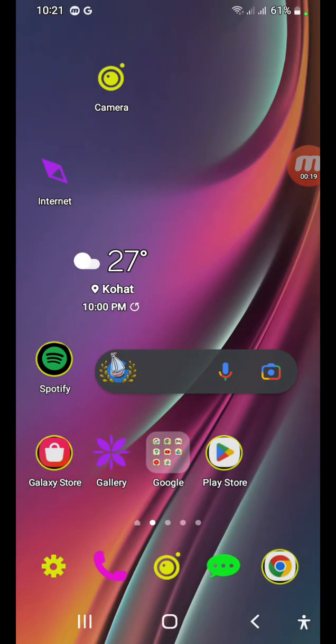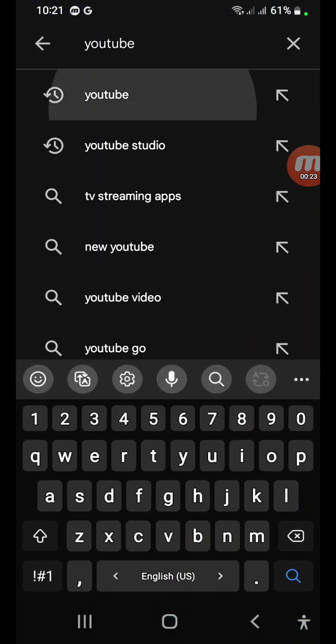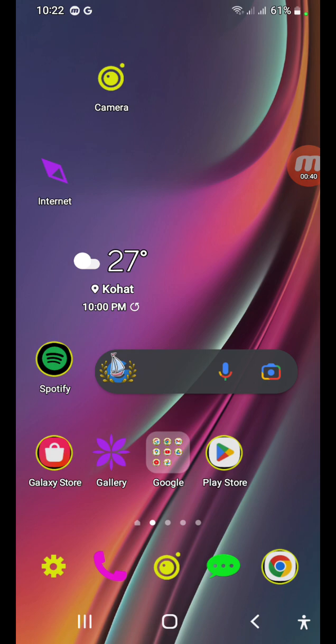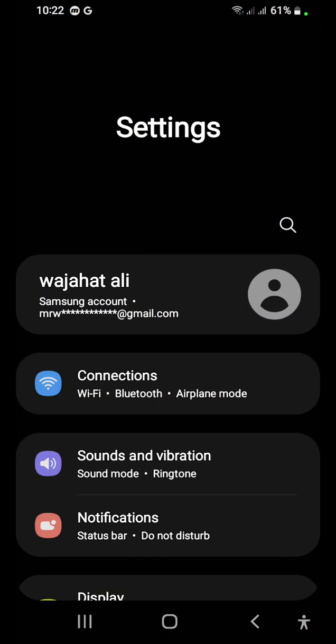So the first solution is to go to Play Store and just search for YouTube application and just update your application. You can see here my YouTube application is updated. So if your application is not updated, just update it and the problem will be solved. But if still problem exists, then the second solution is to go to your